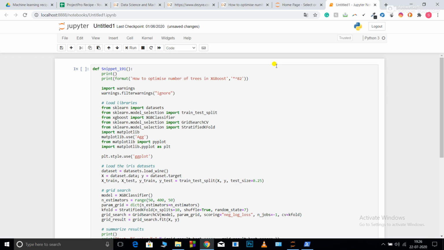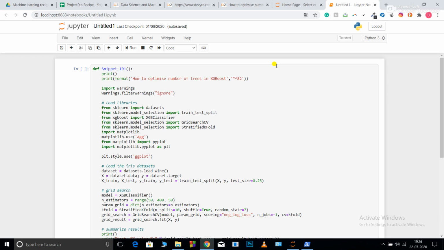Whereas in boosting, if my previous learner has performed poorly, I want my new learner to not repeat the mistake that the previous learner made. The boosting model does the same thing. It checks what mistakes the previous learner made, and the new learner tries to improve itself compared to the previous learner. That's why XGBoost is a much more efficient model compared to normal bagging models.